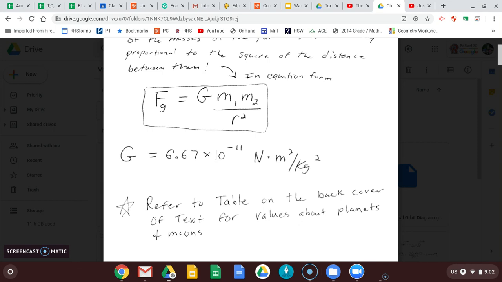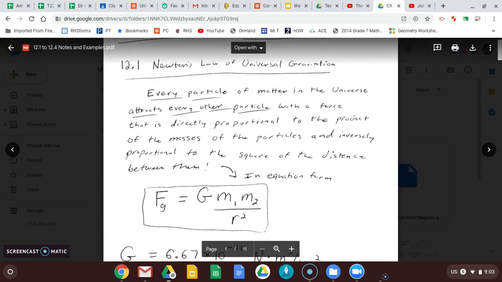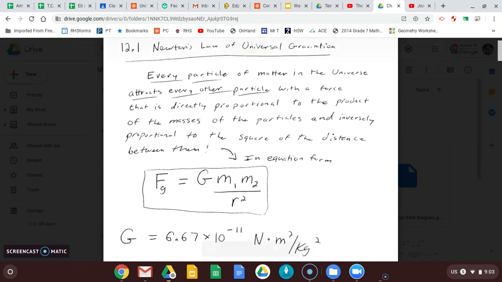All right, so that's the basic concept of this formula, and it's a very important formula as we go forward, especially with figuring out how and why things orbit, and we'll get more into that later. The next video, other than the Cavendish one I mentioned, will be explanations of the examples in this section. So please watch those before you move on to the problem.